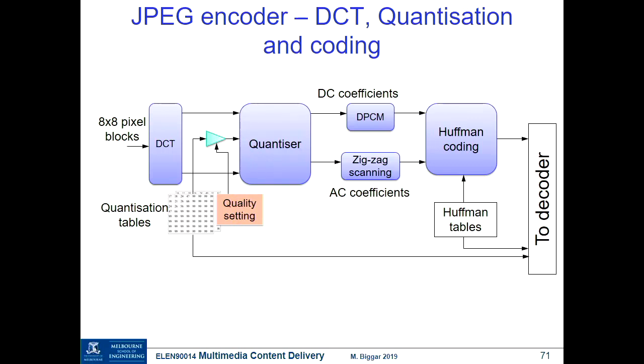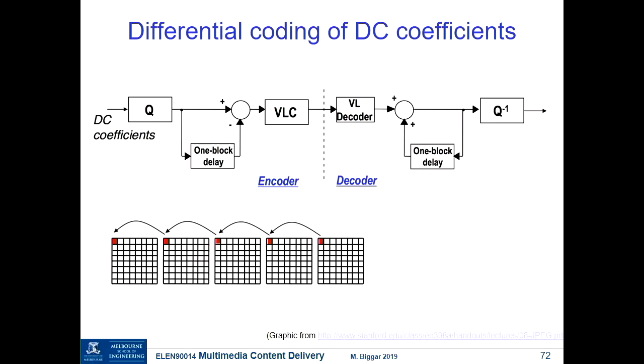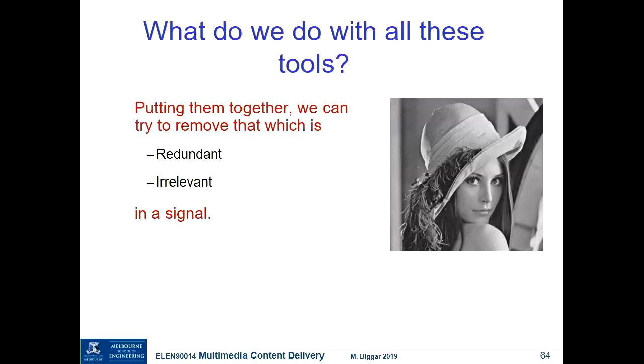What's this about the DC coefficients being DPCM coded? Well, you would expect that in a typical image, let's go back to our friend Lena here, we always use Lena, there would be many adjacent blocks that would have approximately the same average intensity, would you not? I mean, there would be exceptions, right? A block here has a very different average intensity to that one, but as a result of the structure that we say is common in most useful pictures, there would be a lot of 8x8 blocks that would have similar average intensity. And so rather than encode each DC coefficient fresh,